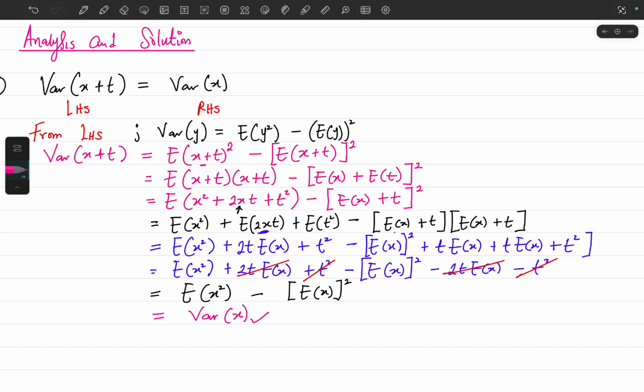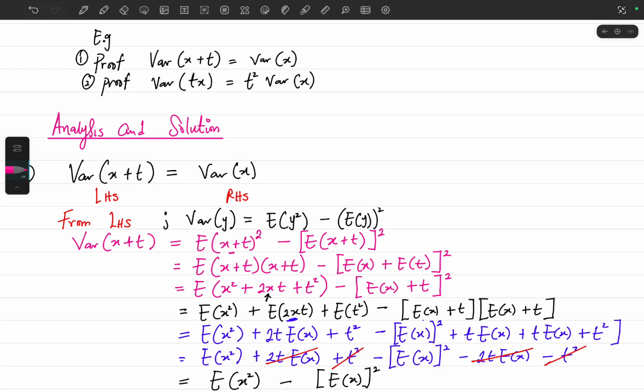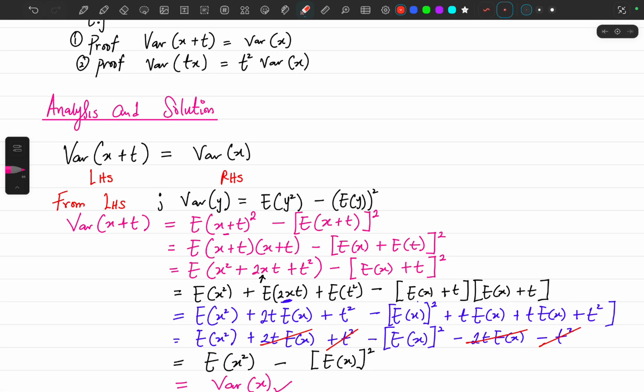That makes sense. You can try to work out the second proof if you want, and you can pause the video and try to look at what the second proof will look like. If not, you can also follow us as we'll bring out the second proof. So the second proof is highly direct. We have to prove that